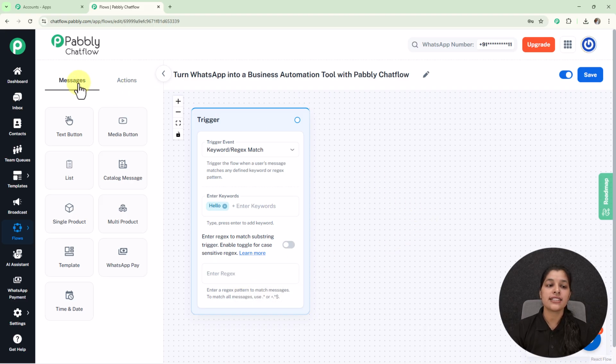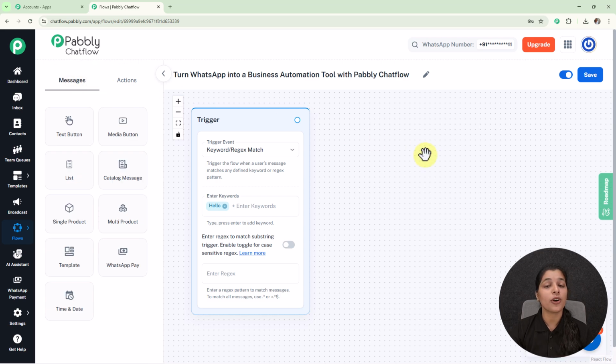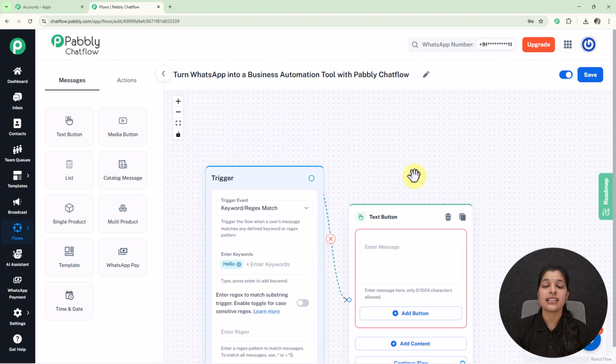Now on your left hand side you can see these messages and action blocks, which you can think of as the main building blocks for creating this WhatsApp chatbot flow. So you can drag any of these messages and action nodes and create the flow for your WhatsApp chatbot for automating your business. Now if my user sends me a message, I'm going to send them a welcome message. So for that we just have to drag and drop, and here we are getting many options. So here I'm going to select this option of text button, and now on this text button node I'm going